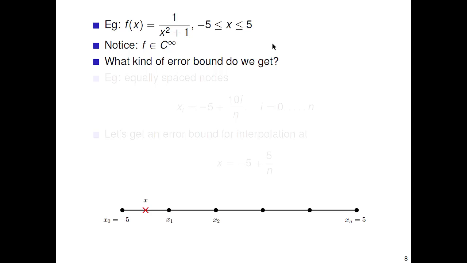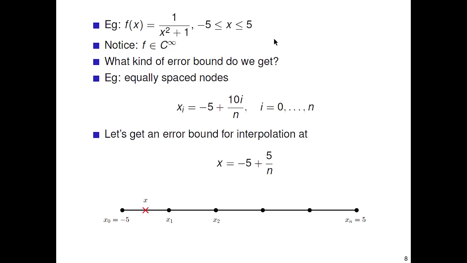I've picked a domain, -5 to 5. And just to keep things simple, I'm going to assume that we have equally spaced data points. So I have a data point at -5, and 10 is the width of my interval, so I'm going to divide the width of my interval into n equally spaced subintervals. Each time I add a new data point, I jump forward by a distance of 10 over n. So -5, -5 plus 10 over n, -5 plus 20 over n, and so on. These are all my data points,